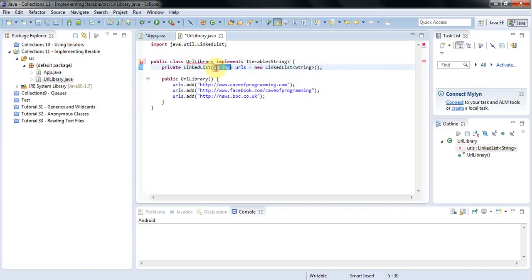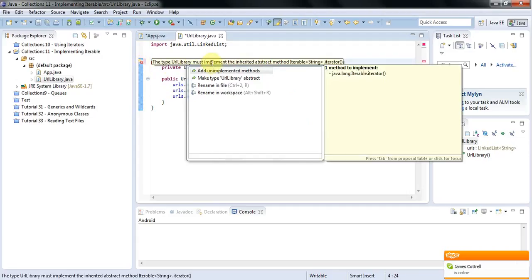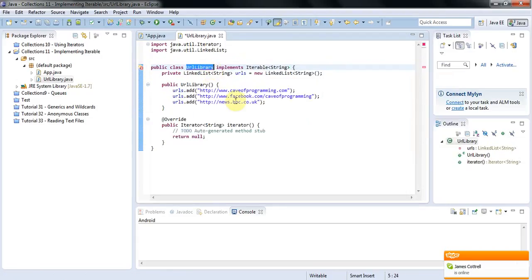And these items could be any object. It could be some custom object that you've created yourself. They don't have to be strings. So I'll add the import with Ctrl-Shift-O, and let's look at this error here, and I'm going to go to add unimplemented methods like this,